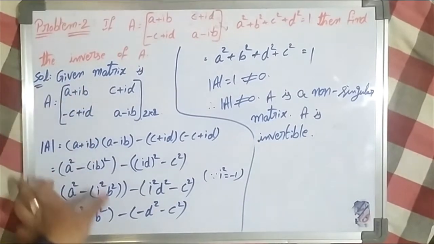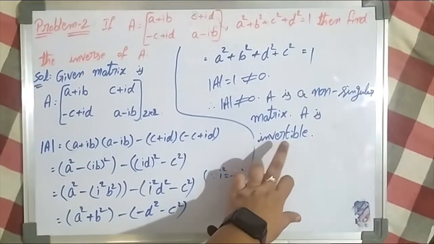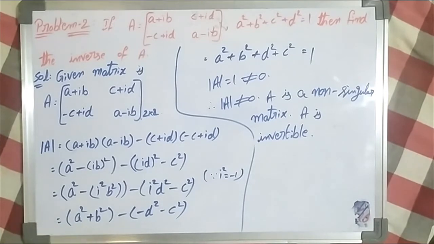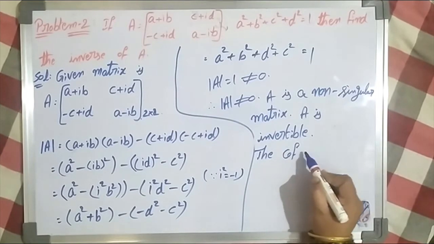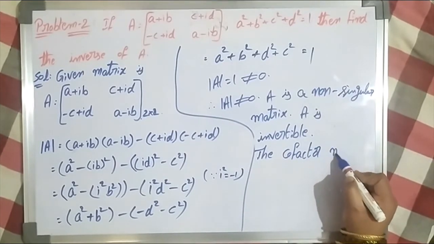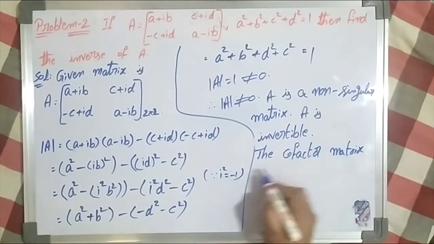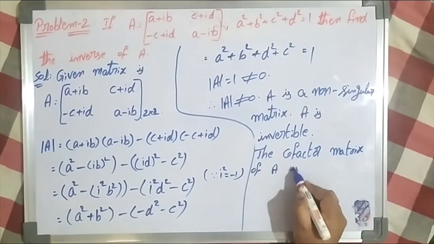First we found the determinant of A. Then A is invertible. Next we have to find the adjoint of A. For finding the A inverse value, we have to find the adjoint of A. Adjoint of A is nothing but the transpose of the cofactor matrix of the given matrix. Then first we have to find the cofactor matrix of the given matrix. The cofactor matrix of A is